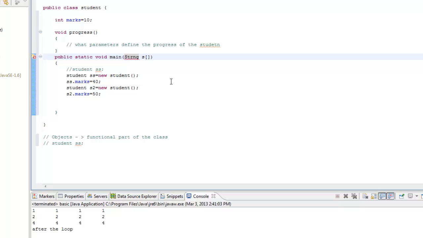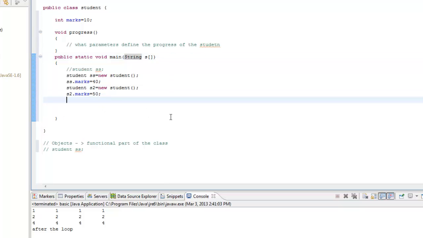There's a slight mistake here. So what I can do is I can assign this S2 to this SS. So what this will do is the object that we were referencing with S2 is now being referenced by SS also,